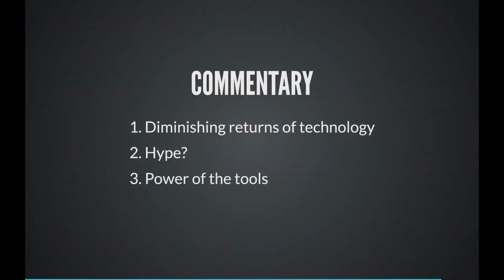Another thing is the power of the tools. People often talk about AI is so powerful. It can be used to do things like find new cures for diseases, solve the climate crisis. Well, first of all, the climate crisis is not a technological problem. It's a social problem. It's caused by the very fabric of our society and can't be undone by technology. But even then, even if AI is so powerful and it can solve some problems